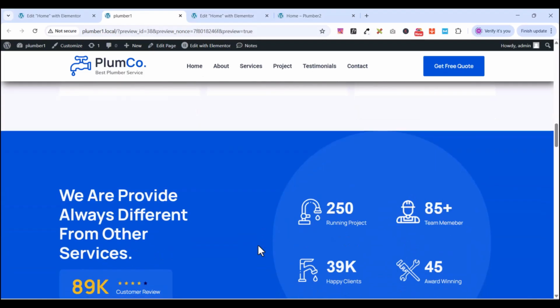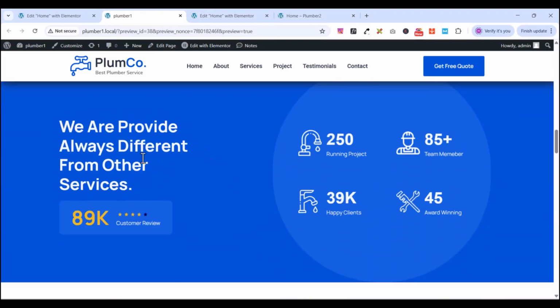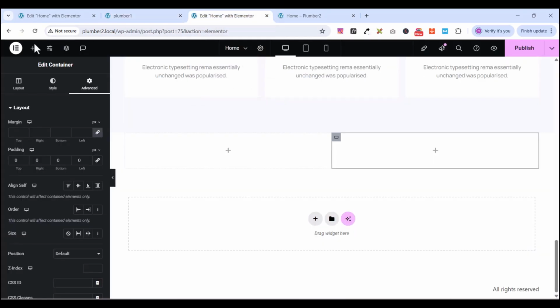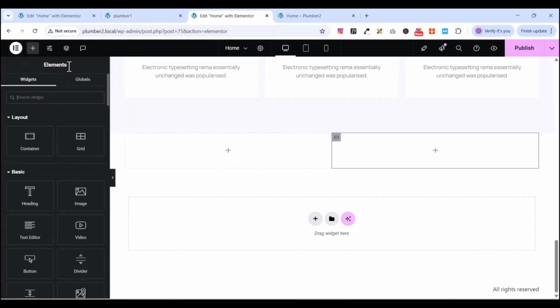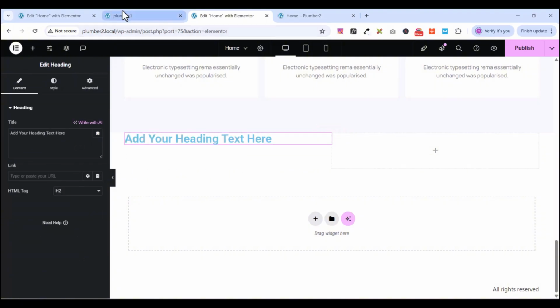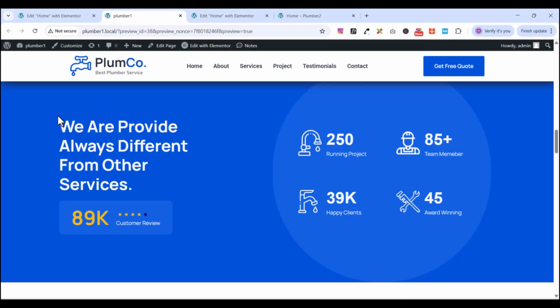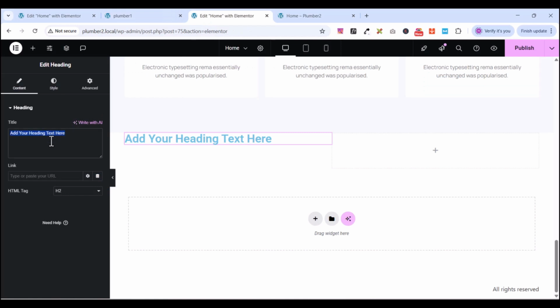Okay, we are going to add our text to this one. So let's add our text. All right, so let's select our heading element, drag it here, then I'll go back to that page, copy this text, come back here and paste it here. Okay, then from here I can start customizing it, but before I customize it, I want to add a background